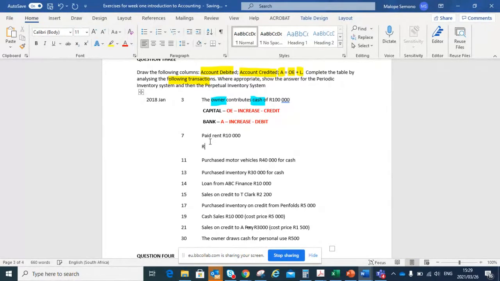I prefer us to be very specific because we are paying this rent. I want you to just say rent expense or rent paid. Let me call it rent paid because sometimes you can receive rent, but you can also call it rent expense. Okay? And then you also said